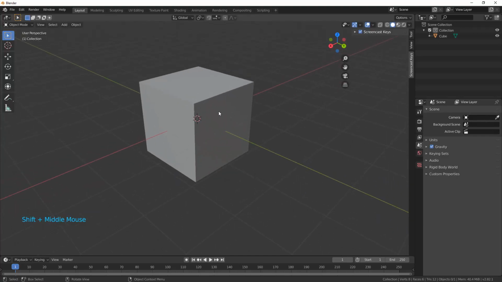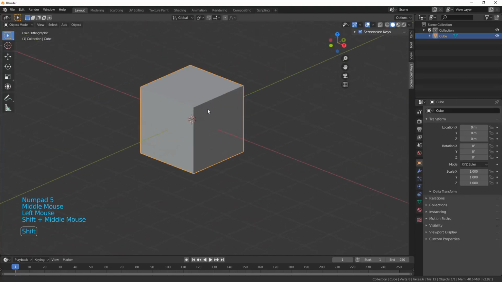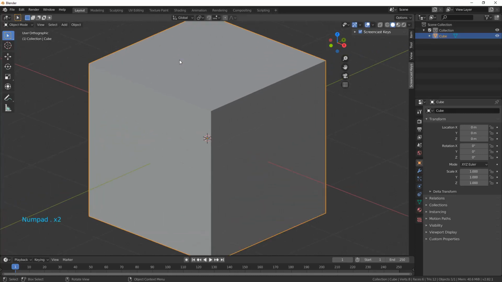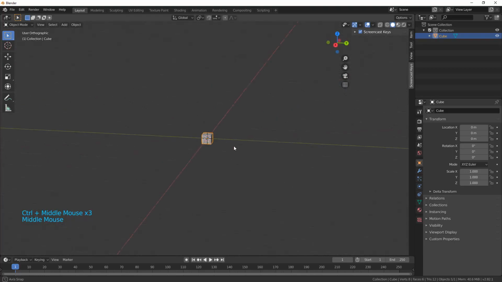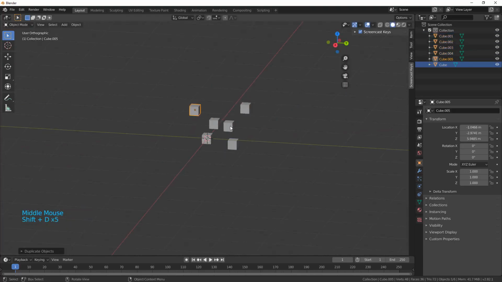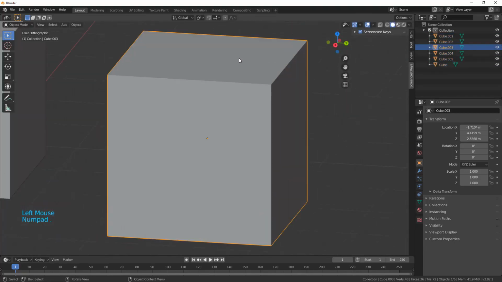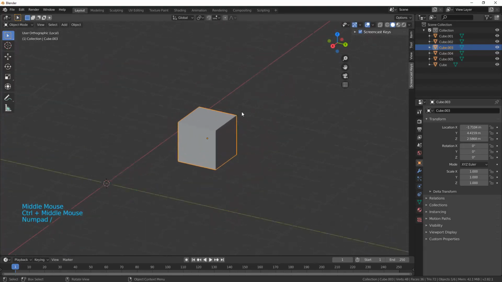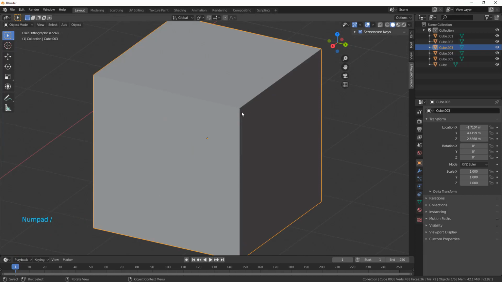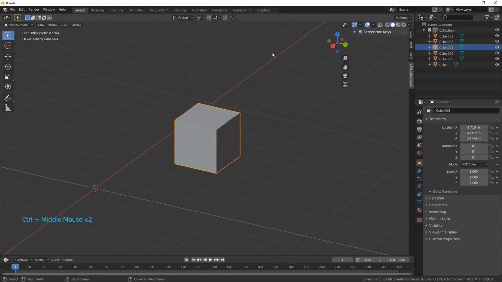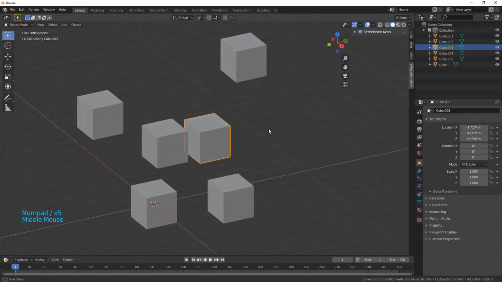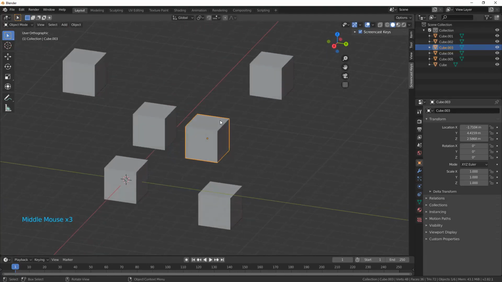What else do we have? I mean, 5 is orthographic view, and also as a part of navigation, if you want to zoom, like frame your object, you click dot. Basically, dot frames your object, and let's say you were having a lot of different objects and you want to zoom on a specific one, you press dot and it zooms in. Also, if you press slash, it will go to isolation mode. It will just show you that object. So between this and that, it's super cool, because sometimes you will have a very big scene with a lot of things in